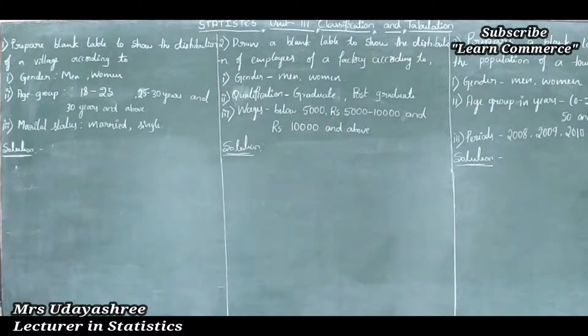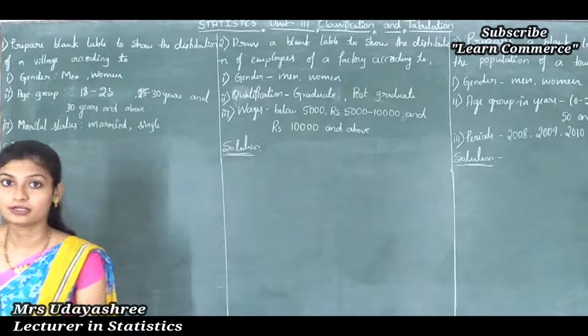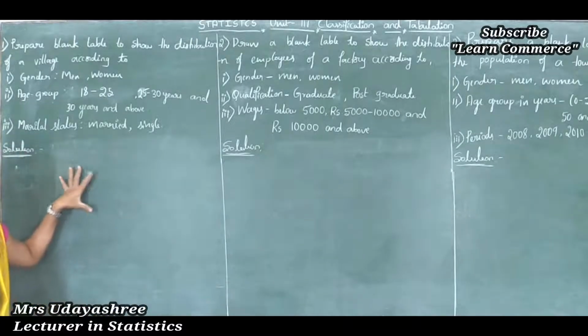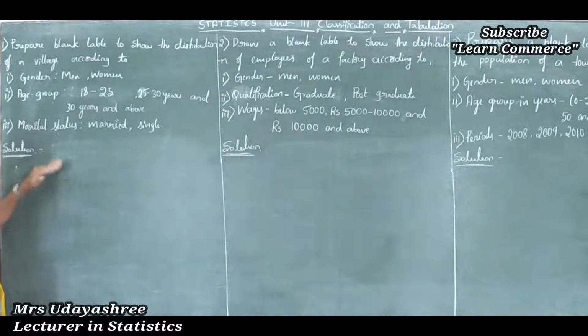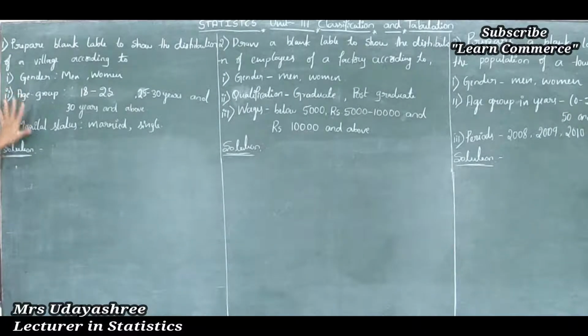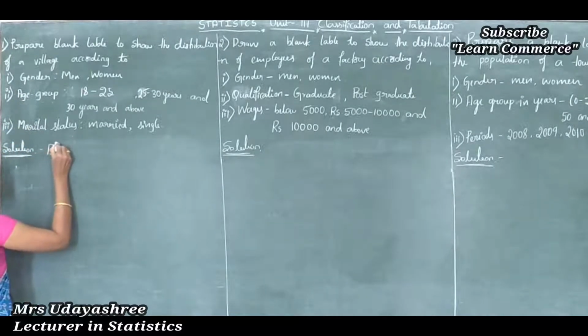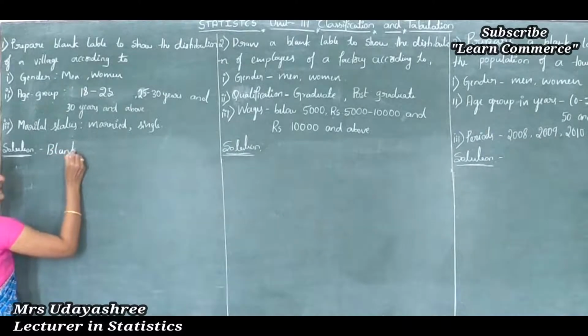Okay, first what do we have to do before preparing the tabulation? First we need to write the title. So how to write the title based on this question? See the question: prepare a blank table to show the distribution of a village according to gender, age group and marital status. So how to write the title? The title is like this, that is, blank table represents